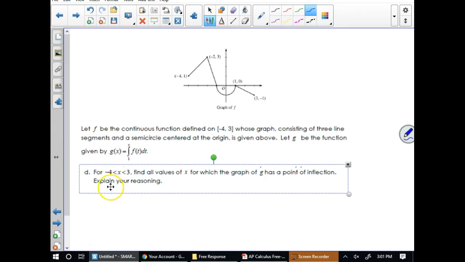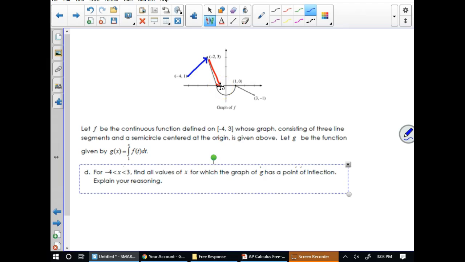Our last part is part D. From negative 4 to 3, we're supposed to find all values where g has a point of inflection. So we are looking at f, which is the derivative. If this derivative is increasing, that is going to tell us that the second derivative would be positive. And if this derivative is decreasing, that would tell us that the second derivative would be negative. So whenever we look at this, anywhere this graph switches from increasing to decreasing, you're going to have a point